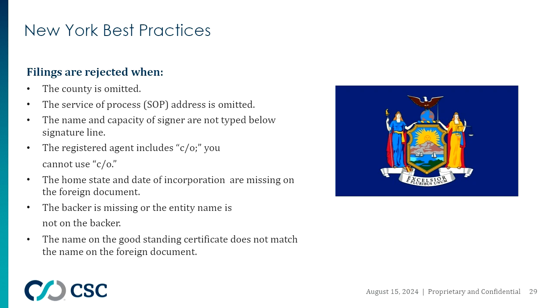The reasons listed here for rejection are very similar to Delaware. It's the same incorrect signature formatting, the agent's information not listed correctly, or that the qualification form is not completed accurately. For example, Section 5th of the qualification form should be the first box with CSC's Delaware address, and Article 7th should be that of Delaware Secretary of State's address. But the number one reason that filings do get rejected is because the backer is missing altogether or it's not completed properly.